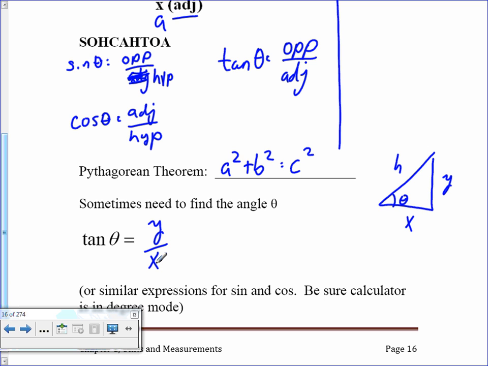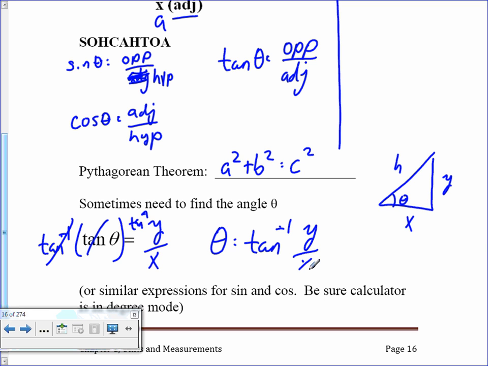And so to find the angle theta, I want to take the inverse tan of both sides. That gets rid of the tangent over here, and so theta is the inverse tan of y over x. We use that a lot in this course